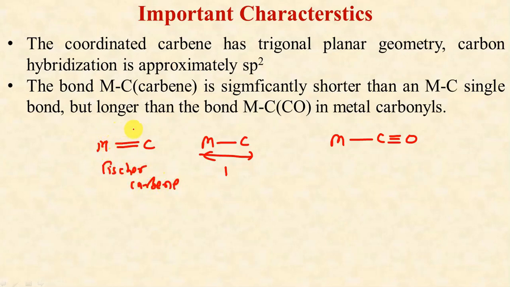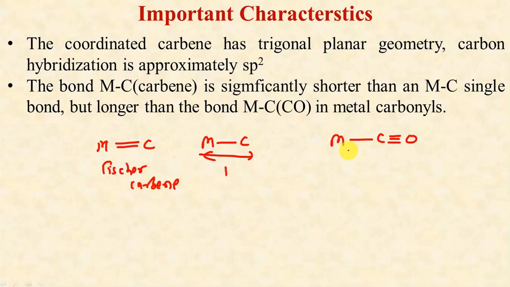since there is transfer of electrons from filled d orbitals of the metal to carbon, we have formation of a double bond. But we have discussed in earlier lectures that the electron density from the metal is not completely transferred to carbon, meaning the pi bond is partially formed. This bond is no doubt stronger than a single bond, but is not actually a double bond. It is in between single and double bond.